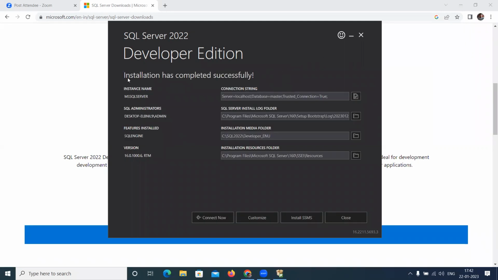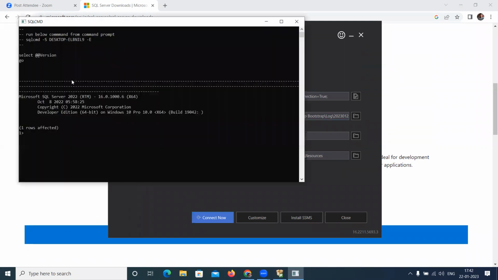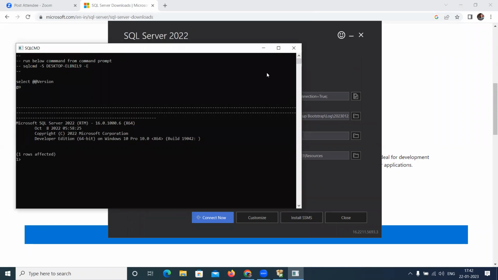After completion, see, the installation has completed successfully. It is showing where the server is located and everything: the log folder, media folder, resource folder. Suppose you want to check whether it is successfully connected or not, just click on Connect Now. Whenever it shows a console like this, yes, it is installed successfully. After checking,